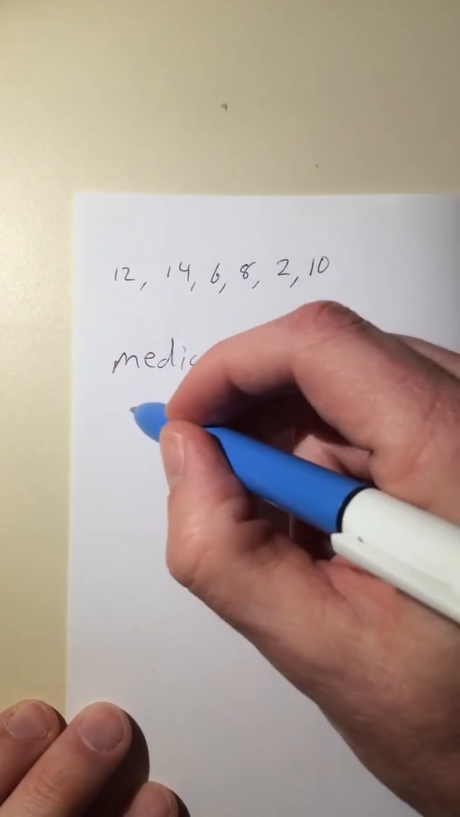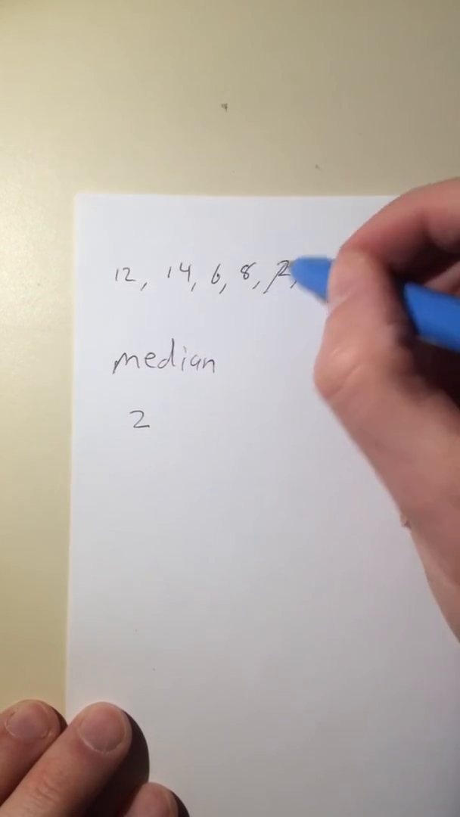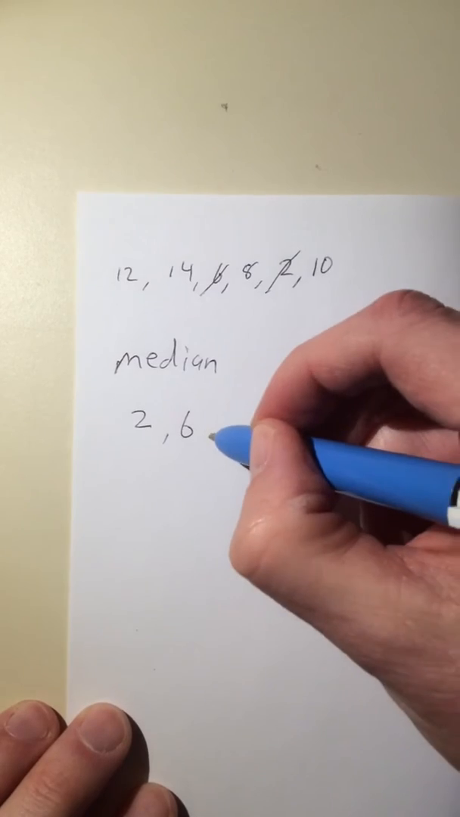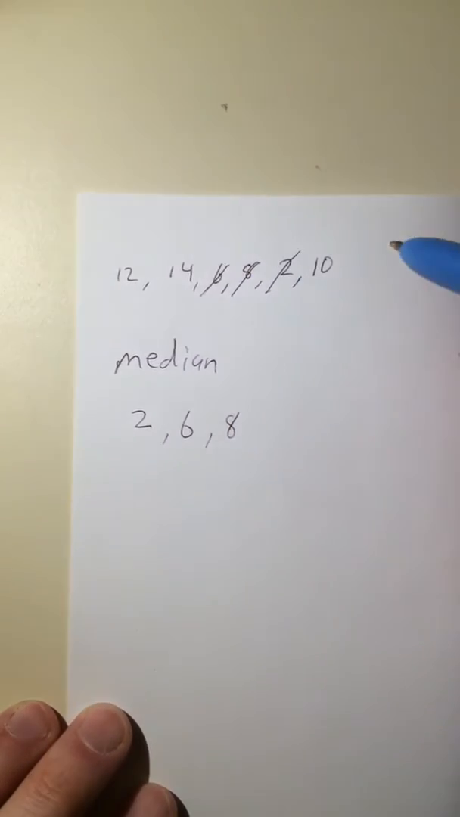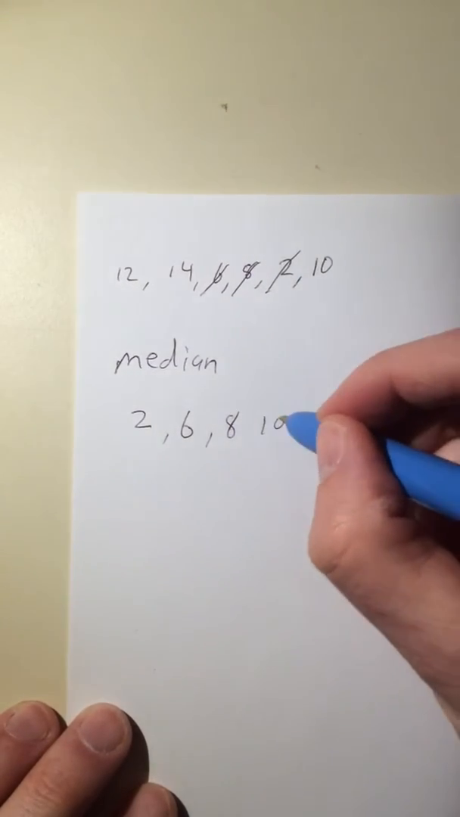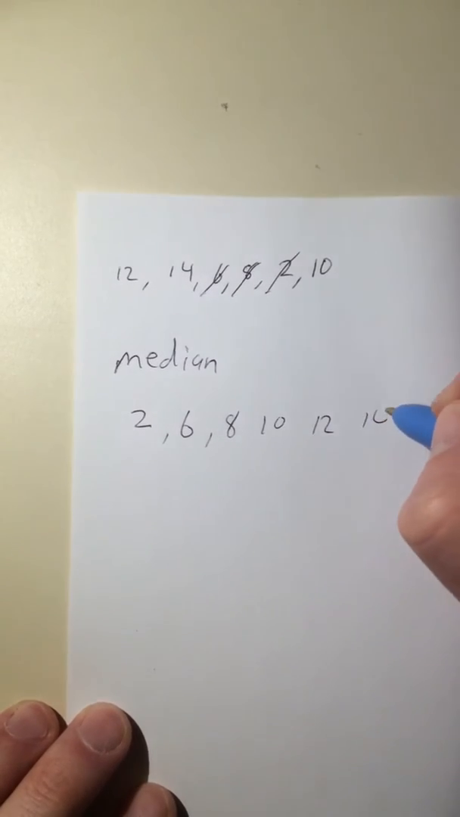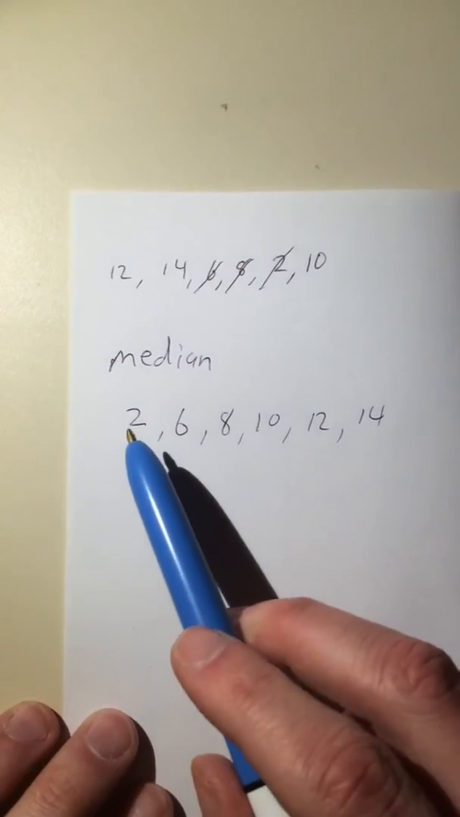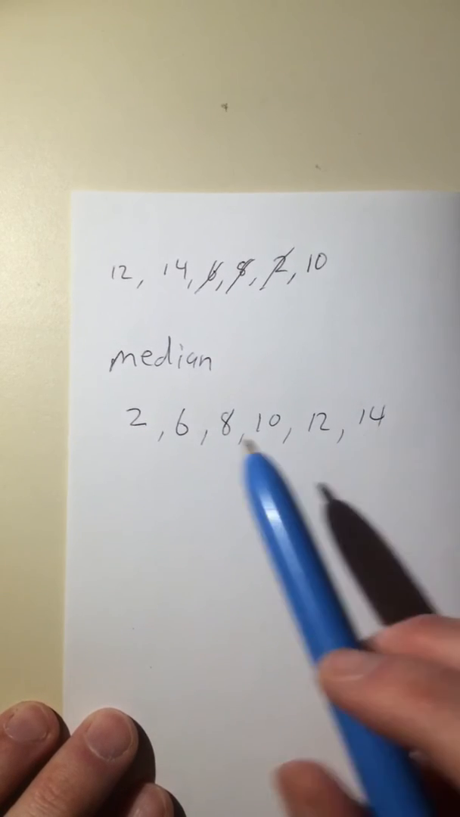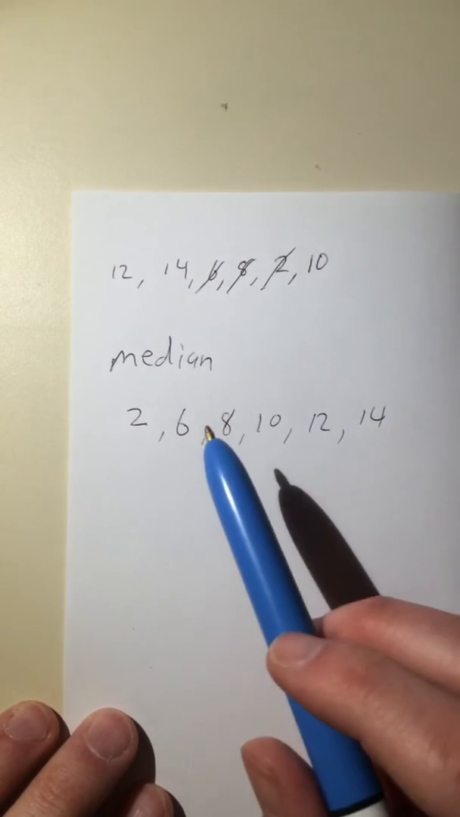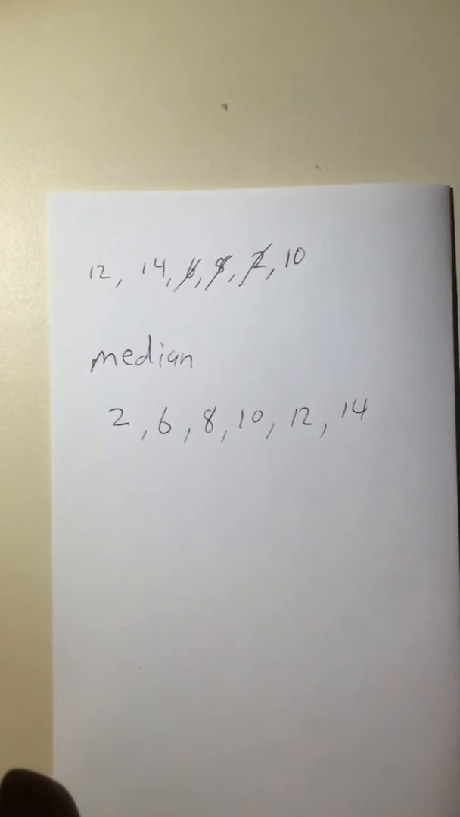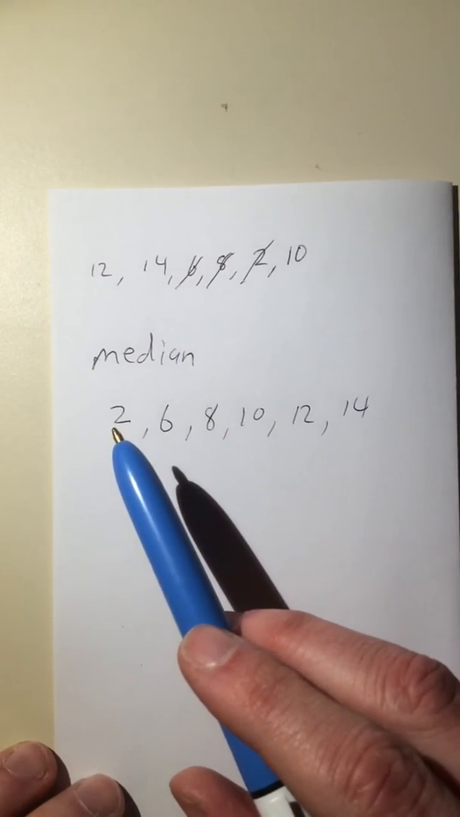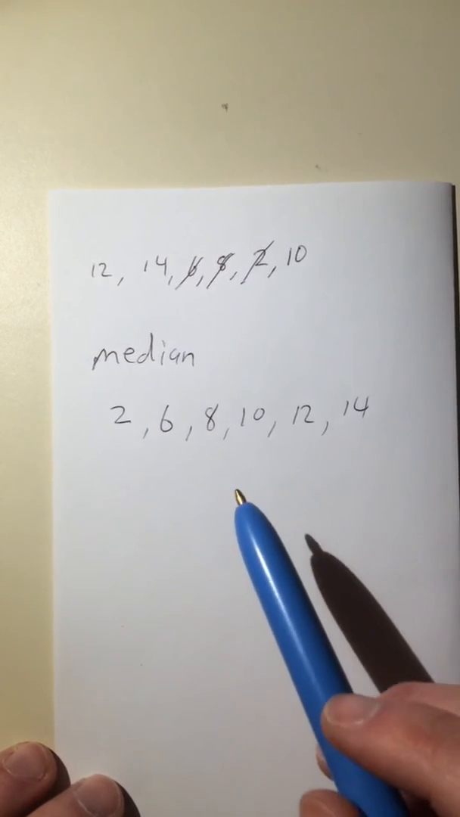So we're going to put them in order. So we got 2, and we got 6, and we got 8, and then we got 10, 12, 14. So if we try to find the number in the middle, cross off the 2 and the 14, the 6 and the 12, the 8 and the 10, and now we got no numbers left to be in the middle. So when that's the case, when we have no single number in the middle,